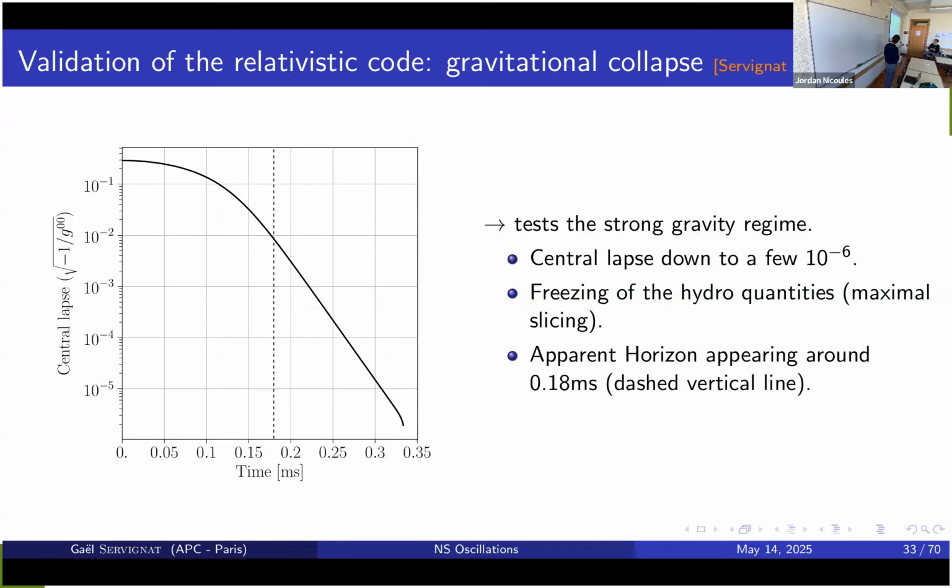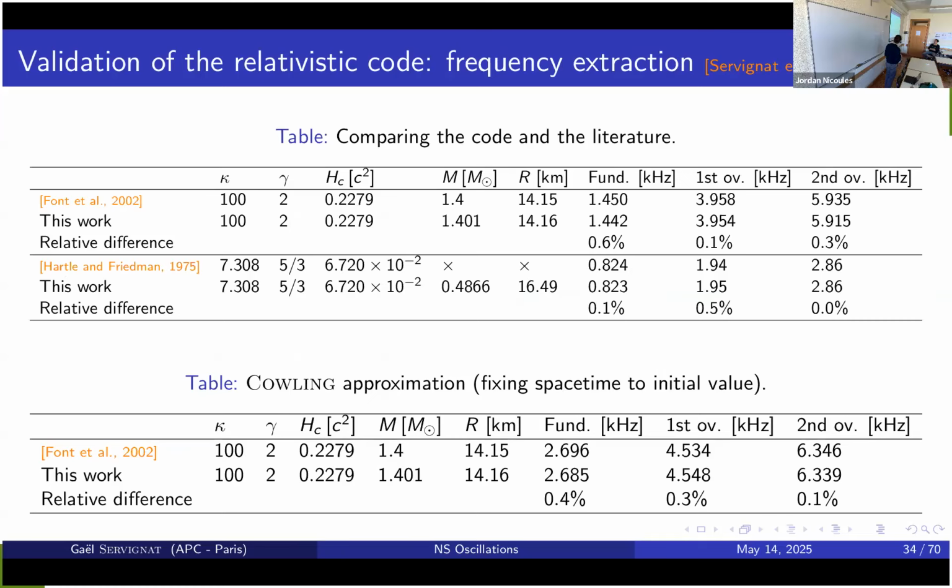Right. I think I am going to speed up a bit. And then, okay, so this is just a bunch of numbers, but what you have to look at is the percentage. In some configurations you can make them oscillate, extract the frequency at the same radius, take the Fourier transform, have different modes, extract the value of the modes, compare them with the literature, and find that the code is really good at it. In circular symmetry, the CFC that I very quickly mentioned is not an approximation. So in this case, let's say we don't test this.